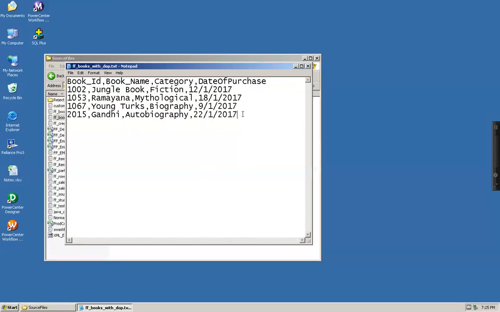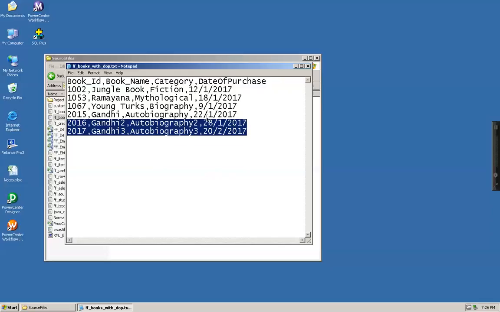So initially I have the data till 22/1, and afterwards these two records got added. I should only upload the data which came to this flat file after the last date, or the maximum date of purchase.